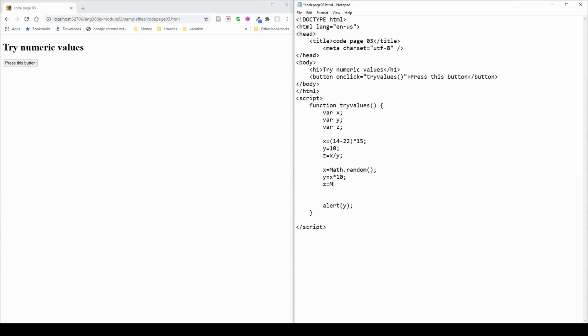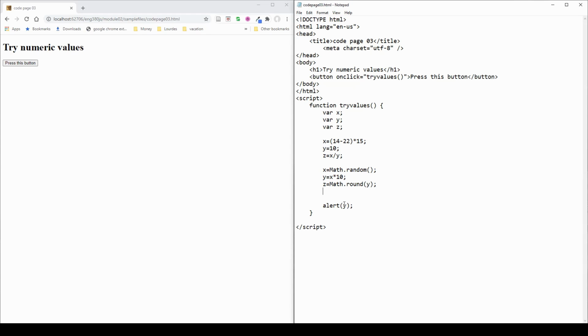In this case, we're going to use the round method, and round actually takes a parameter, which would be the number that you want rounded. So in this case, it's Y. So I'm going to send Y as a parameter, and the thing that this method is going to return is Y rounded to the nearest integer, using our normal rounding rules where 0.5 goes up, less than 0.5